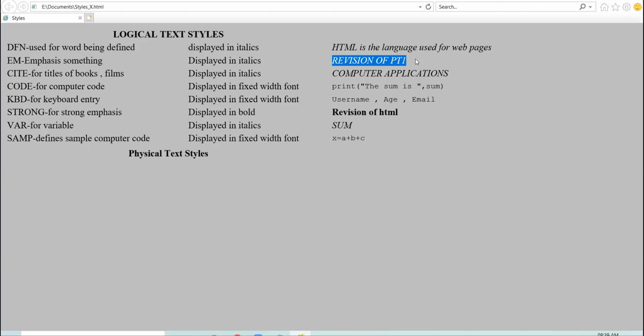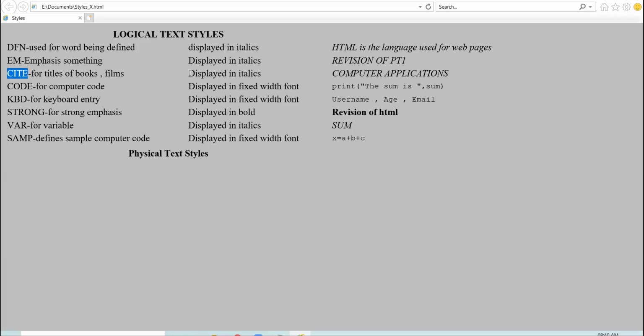Suppose you are writing the answer and you want to emphasize one particular line. So you write that line somewhat slanting, somewhat bold, somewhat different than other lines, so that when the teacher checks the test, the teacher gets to know what you want to emphasize. The teacher's focus should go on that very part where you have put some emphasis.